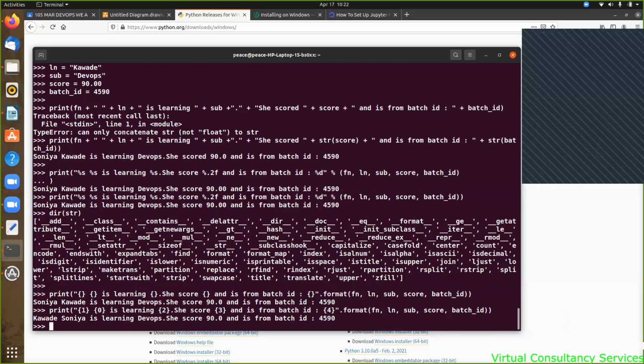So that is one more benefit of using modern printing with dot format over string concatenation. This is where format would be much easier and very similar to C style printing. Now it's your choice what you want to use in what situation. Obviously you can use concatenation also when you don't have to write a very big statement and you want to concatenate certain variables that you had created. You can use concatenation for sure. If it is a very big statement, then it's better to use either C style printing or dot format,